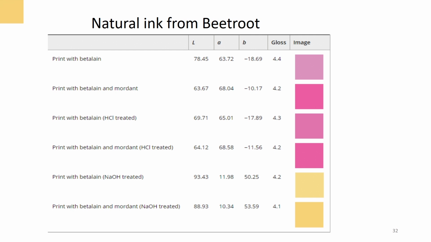And that is the beauty of natural dye that I have been talking about from the very beginning, that the natural dyes from one extract under different mordant conditions, or in the case of anthocyanin under different conditions of pH, can give different colors. That is the beauty of natural dyes. So, to wind up this